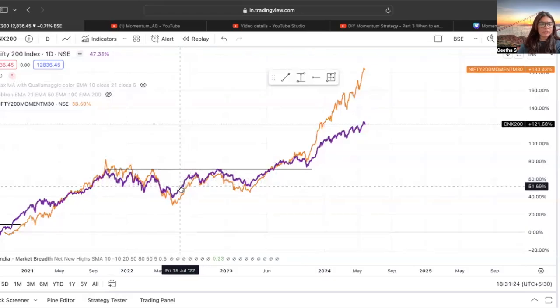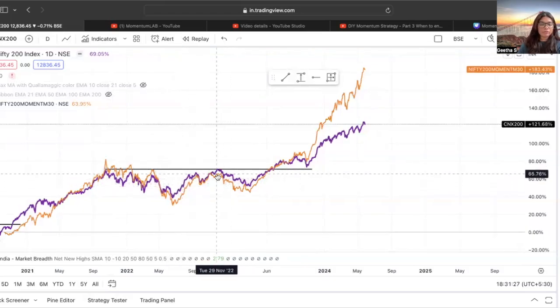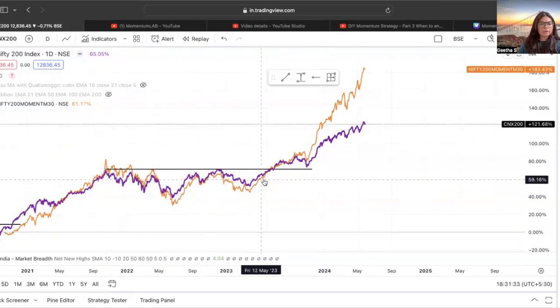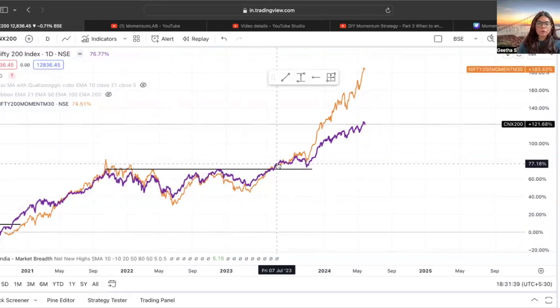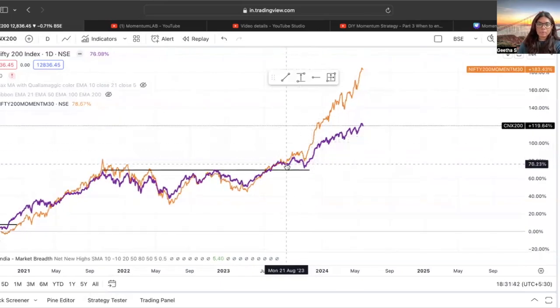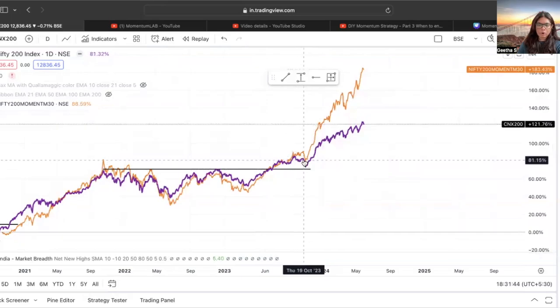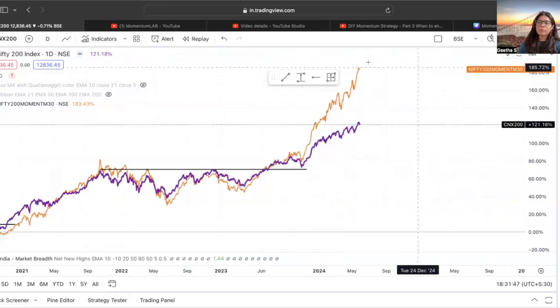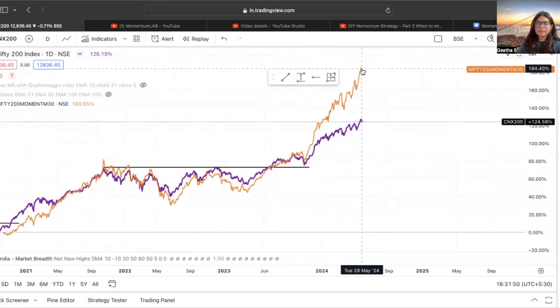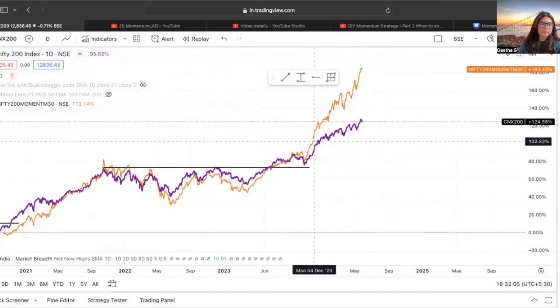at some places, in fact, the purple line is doing better. It would have been better if you stayed in the index instead of looking at a momentum portfolio yourself. So the sideways market trend is not the time when we build a momentum portfolio. And if you look at this upward trend from, let's just say, October 2023 onwards, you'll see that the momentum 30 index has given around 185% returns, and the index itself has given 125%, making it an alpha of over 60%. So it is a clear indication that the momentum index works